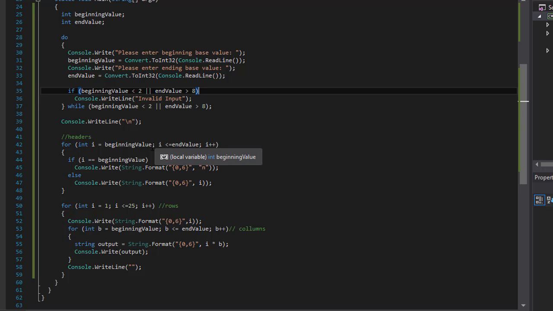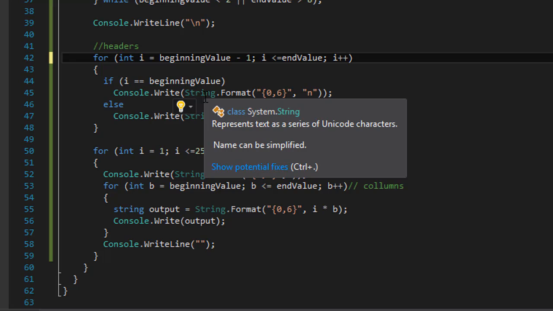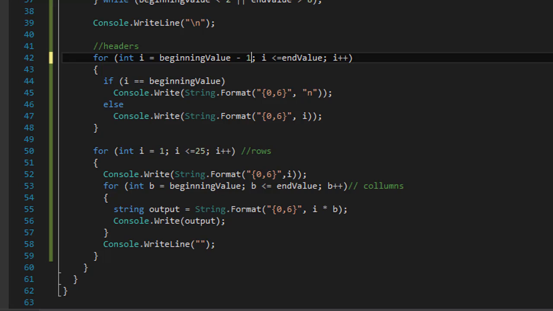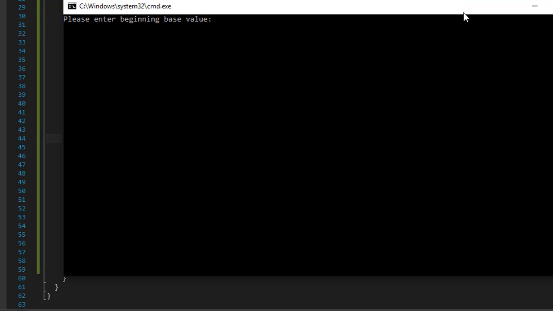What we need to do is start with the beginning value minus 1, because we have to accommodate for the first column, which is just the 1 through 25 numbers. That's basically just another header, but for the rows. So over here, the same thing. We don't do the beginning value, we do the beginning value minus 1. So if I run it now and do 3 and 6,